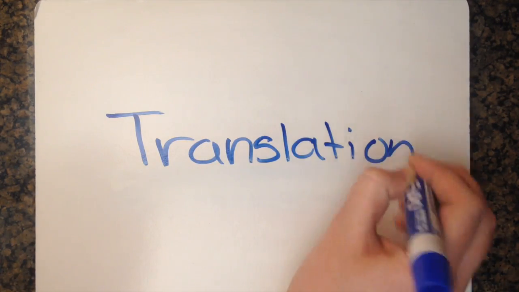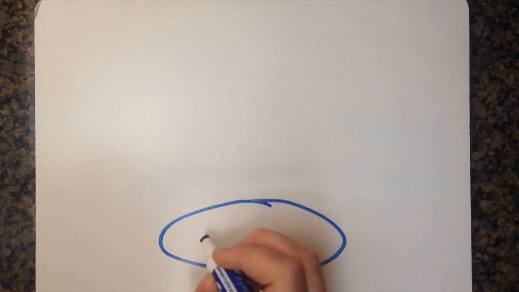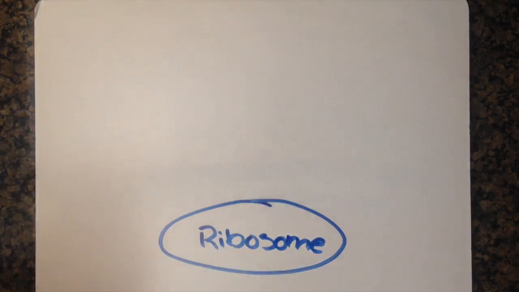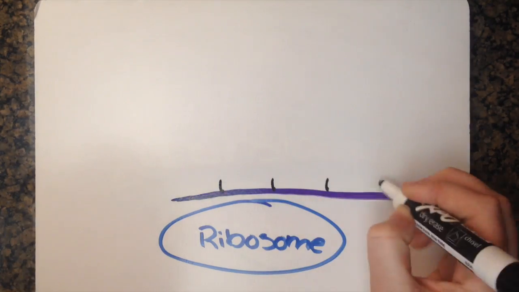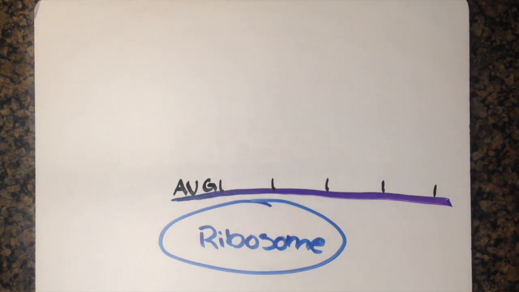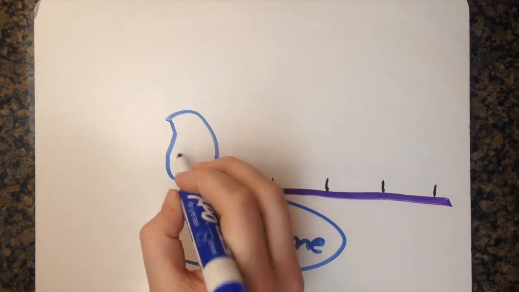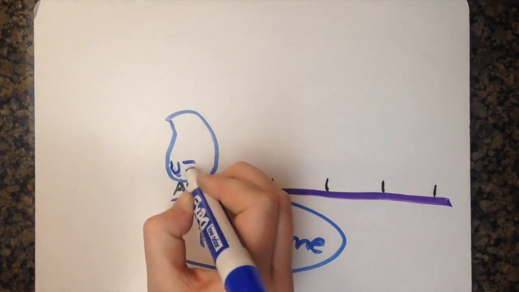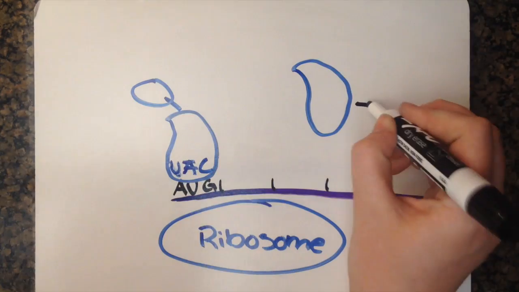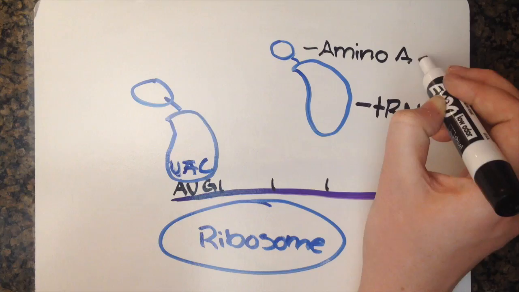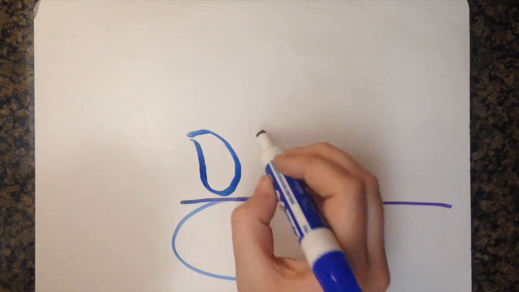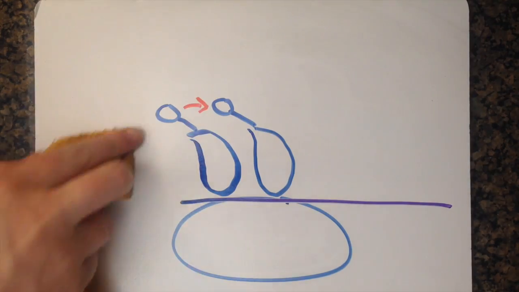Translation is the process of converting mRNA into amino acids to form proteins. Each amino acid is coded for by a combination of 3 mRNA nucleotides called codons. Translation starts by 2 parts of a ribosome binding to the start codon, AUG. The ribosome then moves along the mRNA reading each codon and signaling transfer RNA, or tRNA, to bring the corresponding